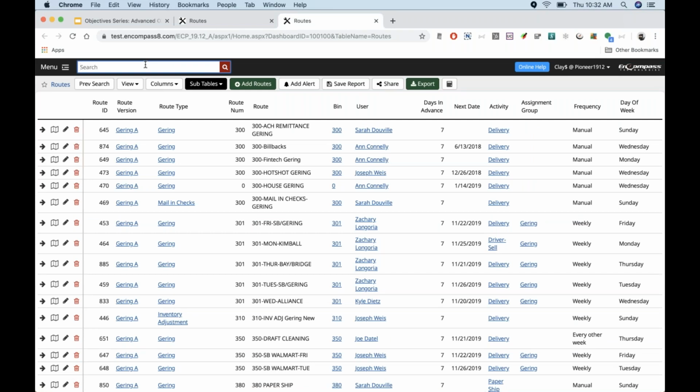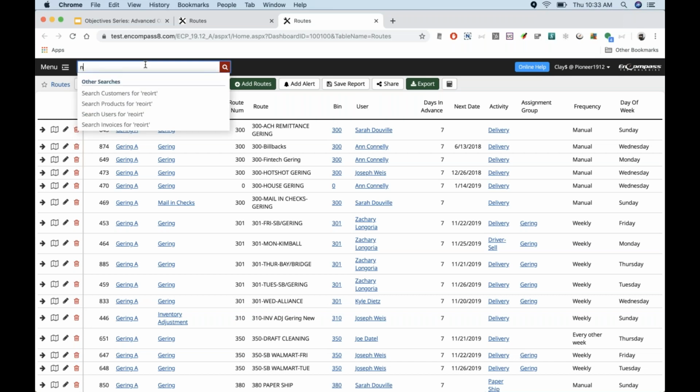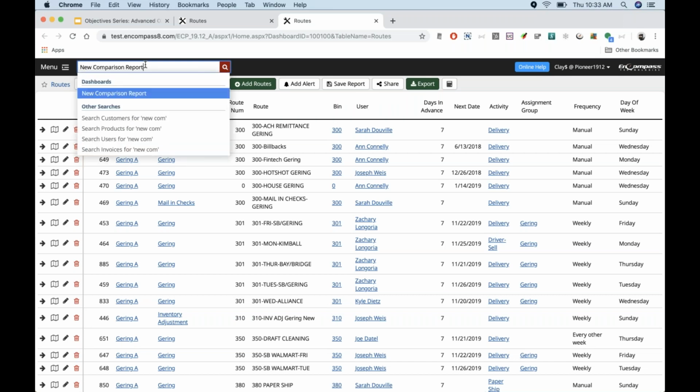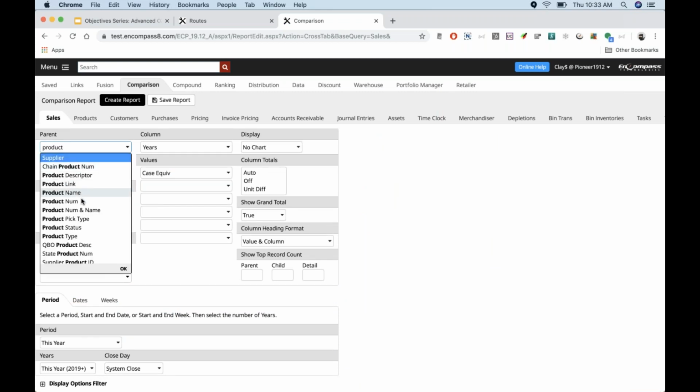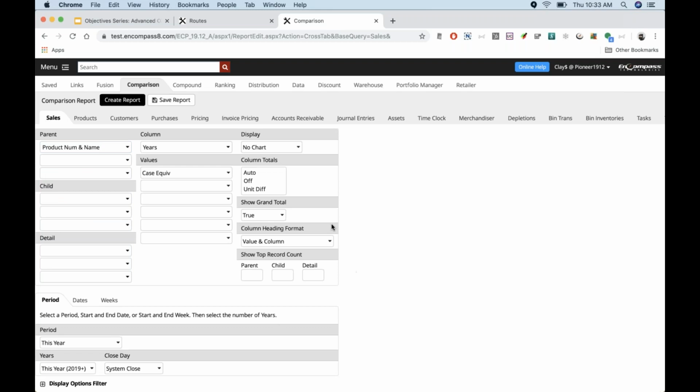One thing we know is if we want them to view a dashboard, there should probably be information on that dashboard. So what we're going to do is start off by going ahead and creating a new comparison report. Okay. So within that comparison report, we're going to do a very basic example so that you can understand how these concepts tie to each other.